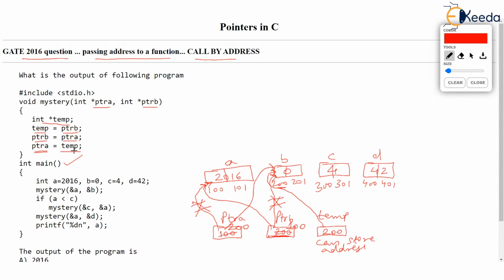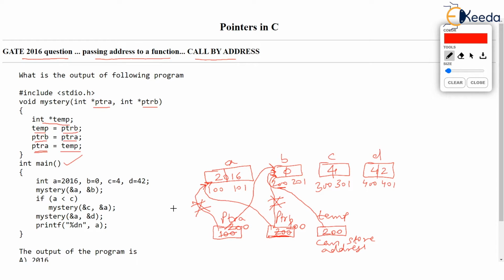So, what was the story? When we started the function, recall, PTRA was pointing to A and PTRB was pointing to B. But when we come to the end of the function, we have PTRA pointing to B and PTRB pointing to A. So we have not exchanged any values of A and B, but we have exchanged the pointers themselves.